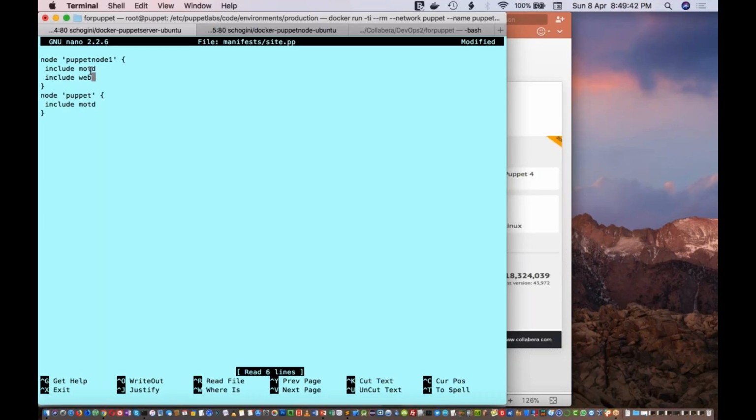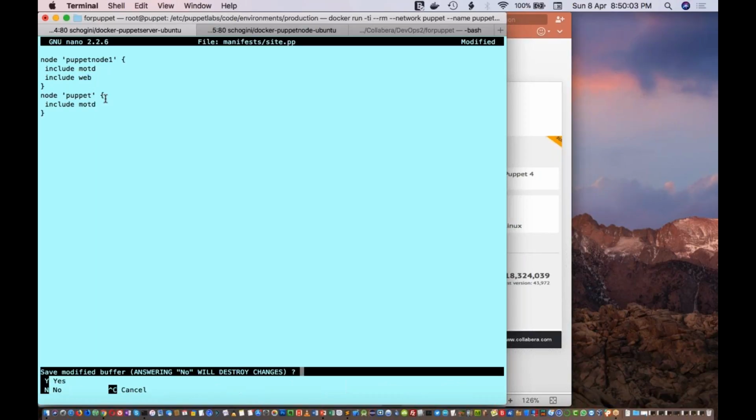See, yesterday we downloaded puppet module, right? Still we have used MOTD as a module name. So that is the module name. API is the author name. When you use Puppet module generate, you will be specifying author name hyphen module name. So here we'll be giving the module name alone. So we'll be using include web.